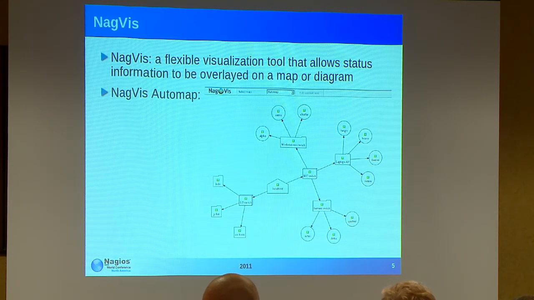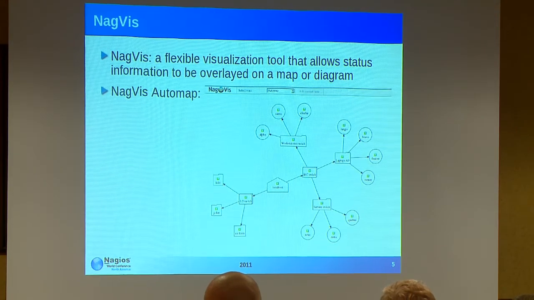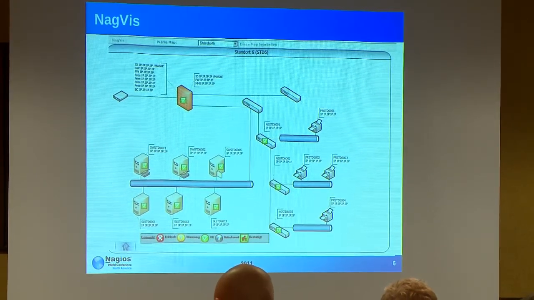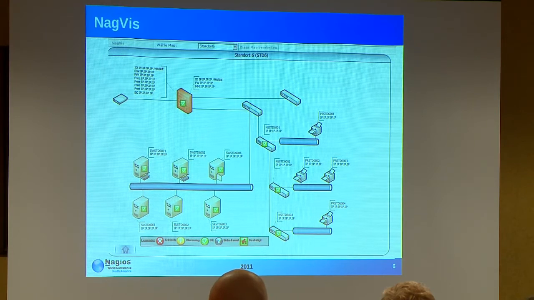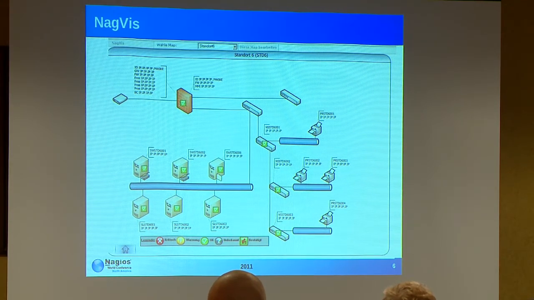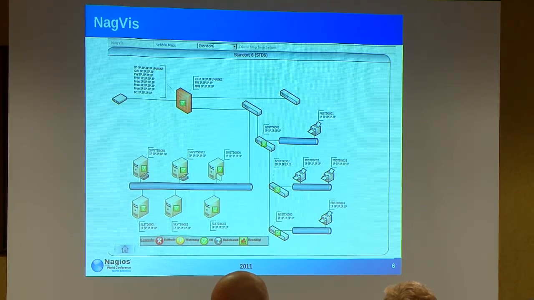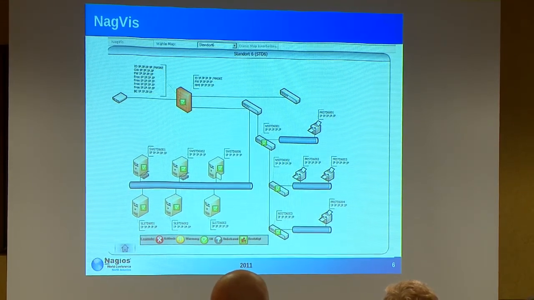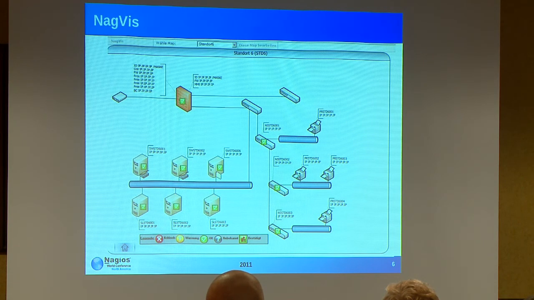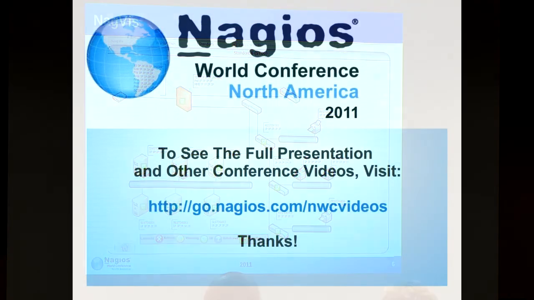I went for screenshots for some of these because live demos can sometimes turn out interesting and break. Some of these maps can also take quite a while to set up, so I wanted to just show you the potential for this particular project. Now you'll notice this is a great way to diagram your network topology, but also the green check marks throughout it are actual live status information that's being